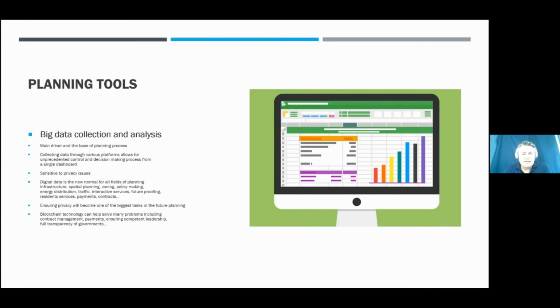What I listed here is that digital data is a big difference from 20, 30 years ago, where you gathered some information, but it took a long time to analyze it and to actually produce it properly.